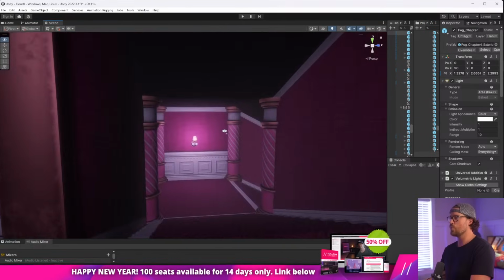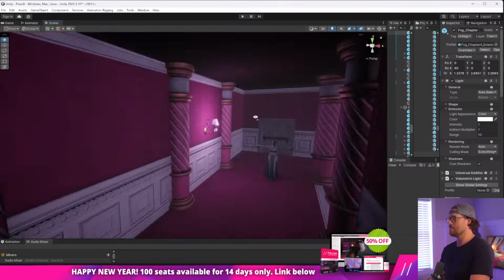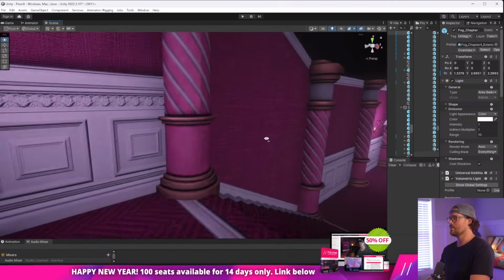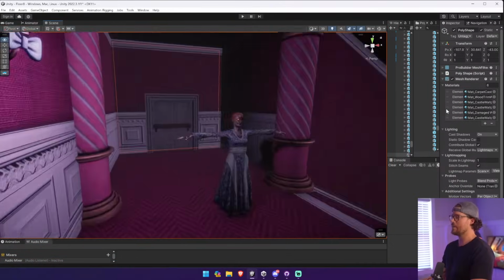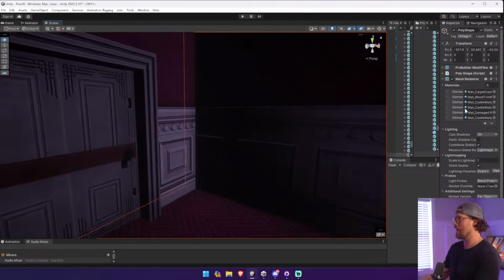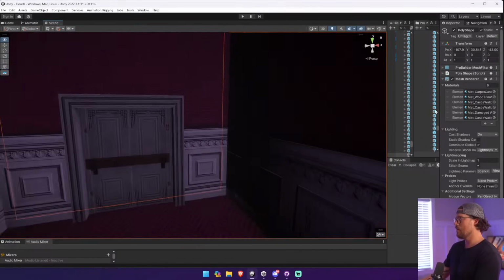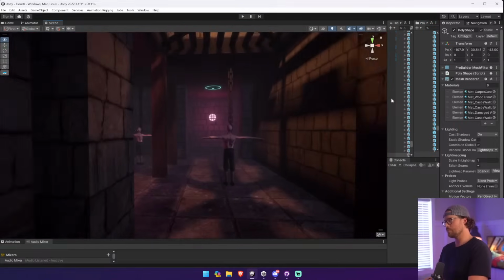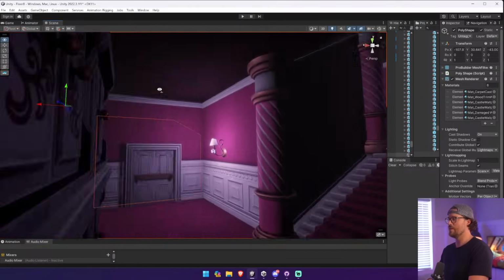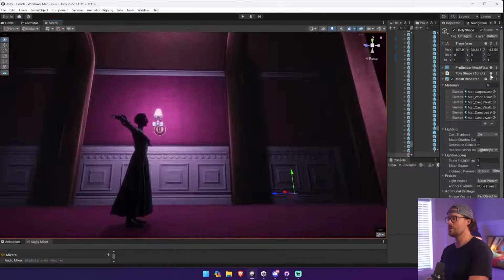Okay, so this is really bland. So let's see here. I feel like that needs to be... Yeah, we're gonna make this way less bland. There's a weird lighting issue going on there. Mixed lighting will help with that. Okay, so let's make this a lot more interesting. This is a great